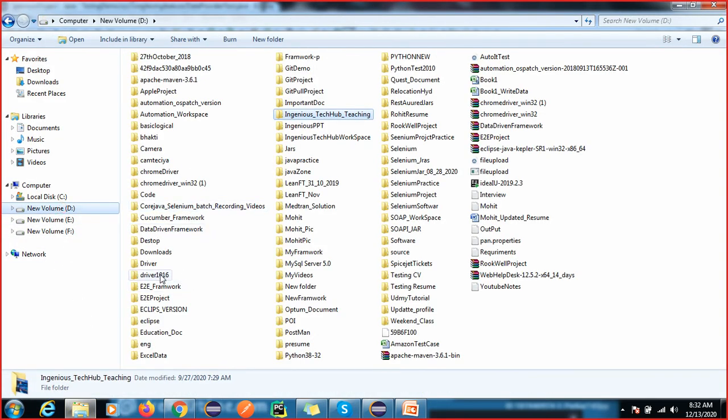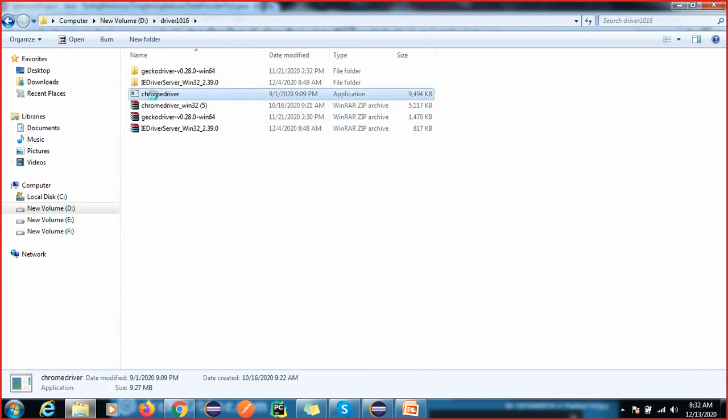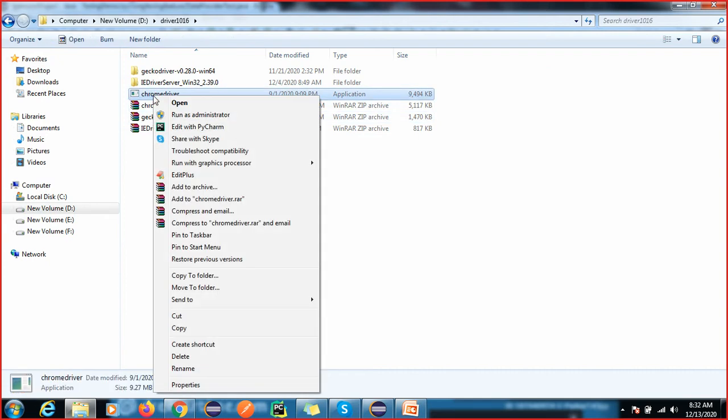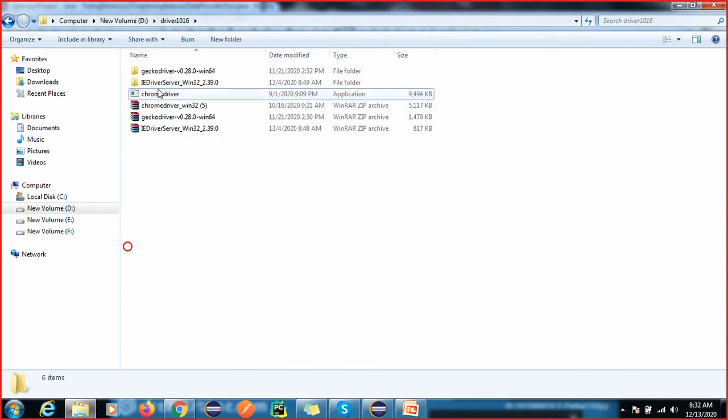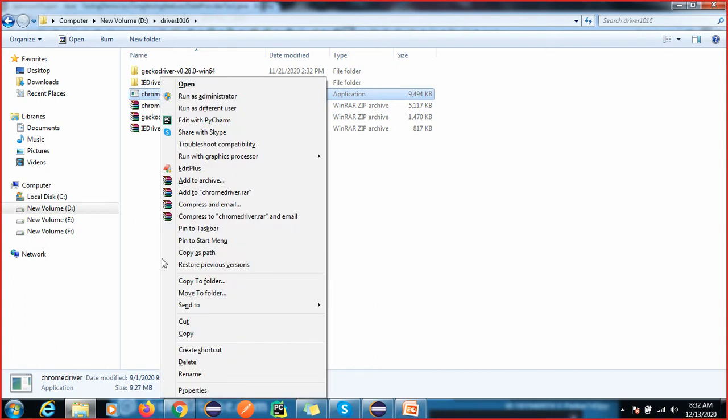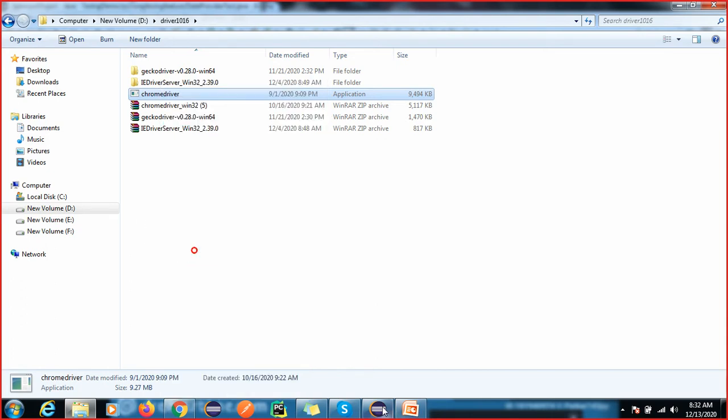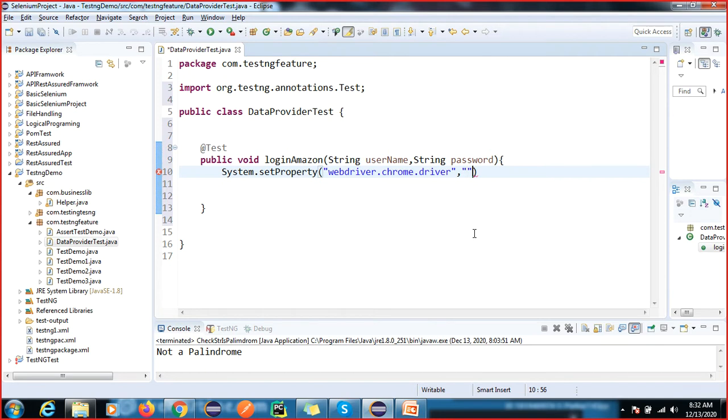I kept it here, just go and copy this. It's not copied. Select, shift and right click, you can see we get Copy as path. Then just remove this.